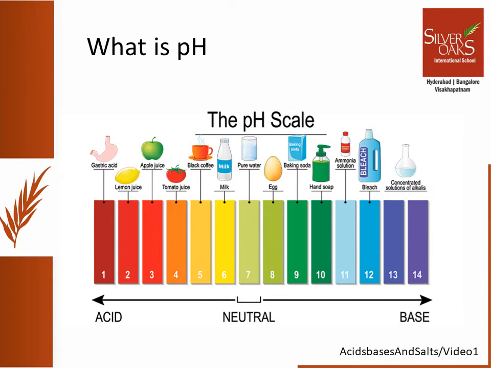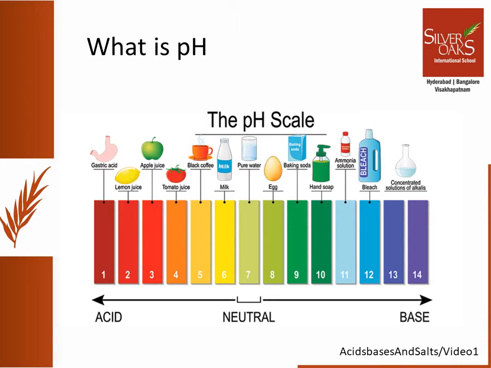As we have discussed, acids generate hydrogen ions in solution. How many hydrogen ions are generated decides the pH of an acid. pH stands for potens hydrogen. It is a German term. It is defined as the negative logarithm of hydrogen ion concentration in a solution. A scientist named Sorensen developed a pH scale which starts from 0 and ends at 14. 0 to 6 indicates acidic pH, 7 indicates neutral pH, 8 to 14 indicates basic pH.